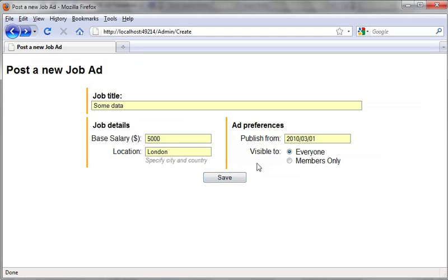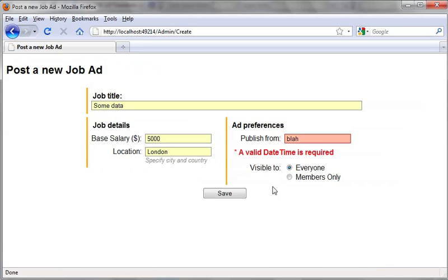And in fact, that's quite important because some of the fields right now can't be validated on the client. Like the publish from date, we don't have all that clever date parsing logic on the client, so if I type in some arbitrary string there won't be any client-side message, but when I submit it to the server, server-side validation still runs. And if you're interested in how this works on the client, let's take a look at the HTML